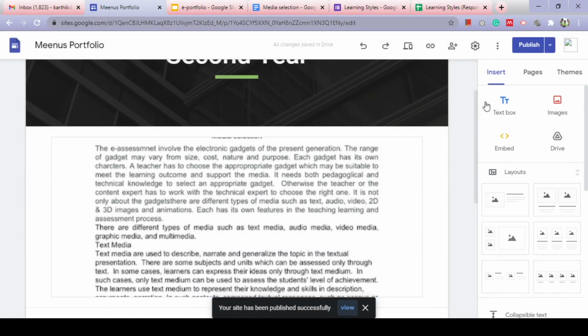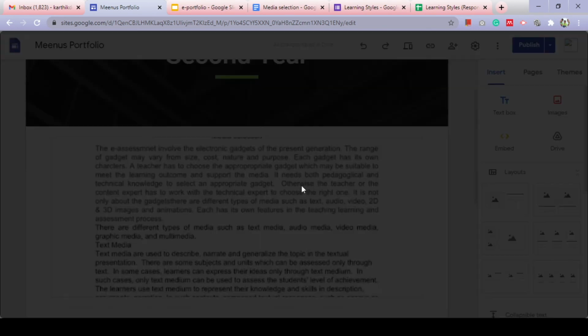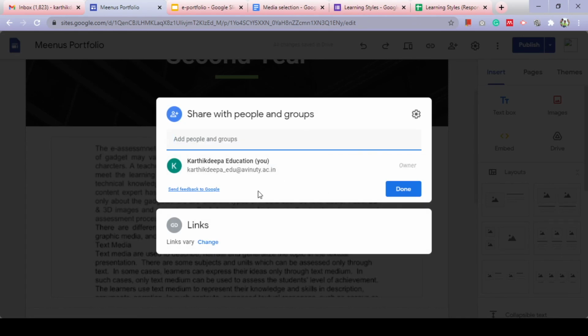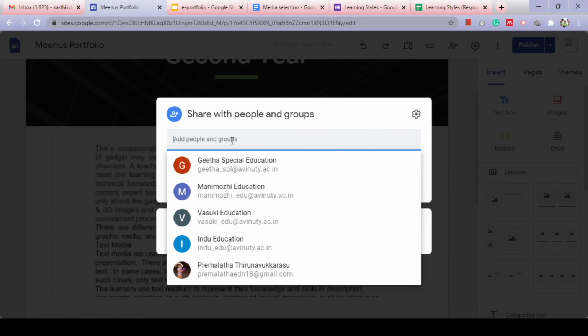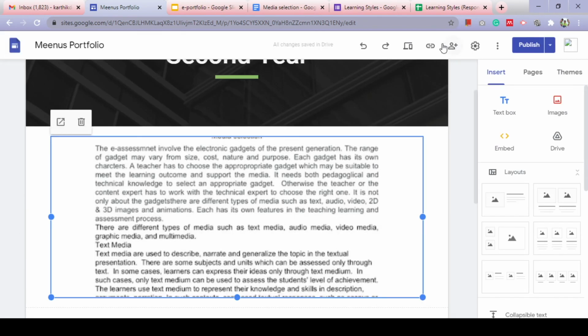Once you have published, you can share the site with others to collaborate. If you want to add some of your friends, or you want to add your instructor to make changes as she expects, you can add the collaborator's name here and you are done, so that they can also access.